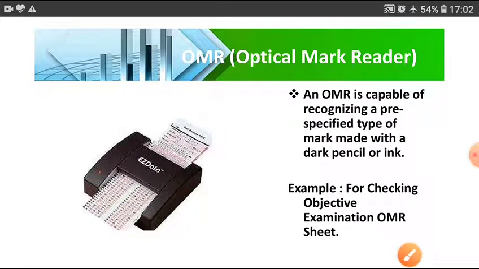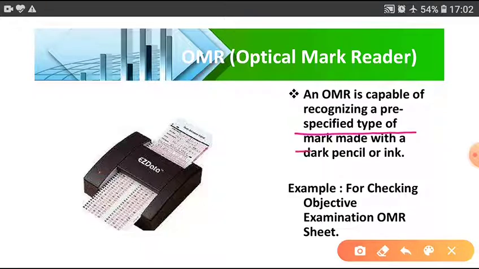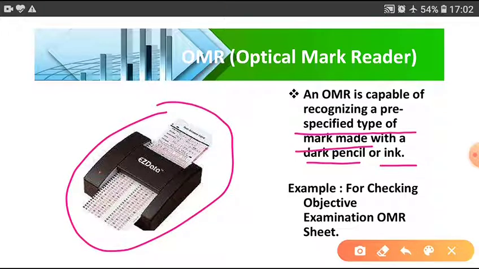Next, optical mark reader, OMR. An OMR is capable of recognizing predefined, pre-specified type of mark made with a dark pencil or ink. This is OMR machine, and you can see there is OMR sheet which we see in objective type examination. We fill our roll number by marking 0, 1 and so on.